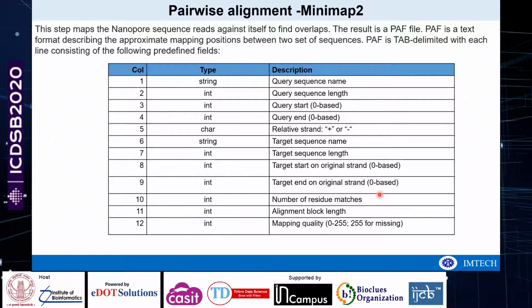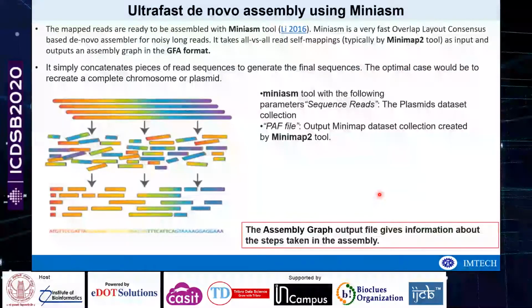And after pairwise alignment, we basically have generated an assembly, because there are several steps from the raw sequences to the complete genome sequences. We have to follow a certain hierarchy.